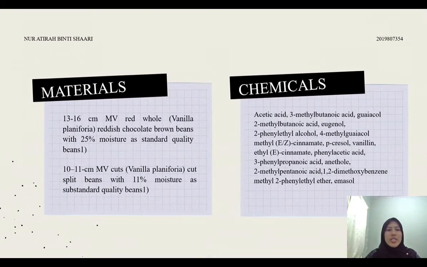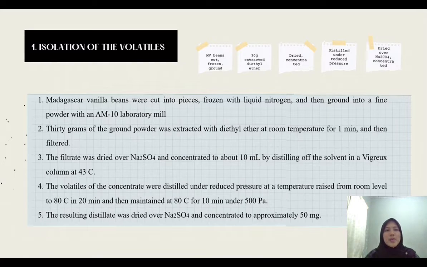For methodology, here are the materials and chemicals that are used in this experiment. So the first procedure is isolation of the volatiles. Madagascar vanilla beans were cut into pieces, frozen with liquid nitrogen, and then ground into a fine powder. 30 grams of the ground powder was extracted with ethyl ether at room temperature for 1 minute